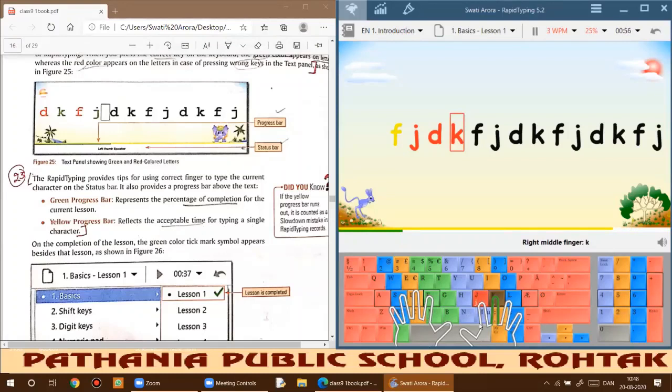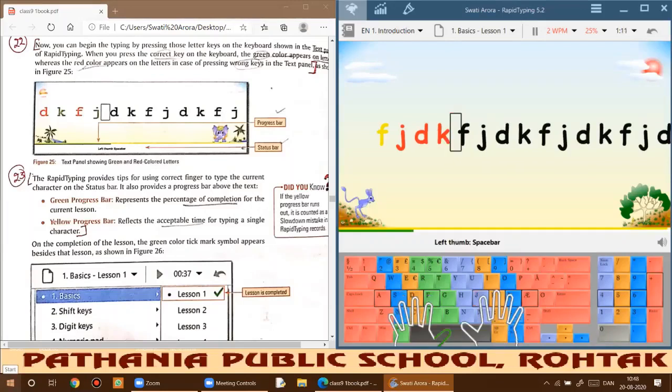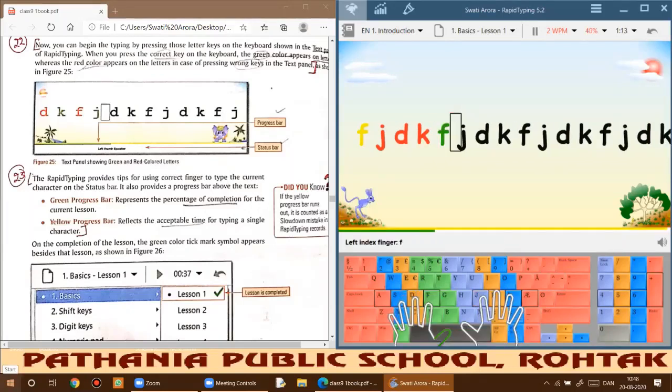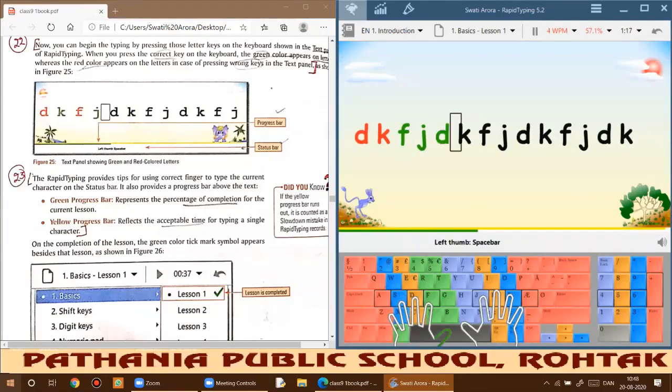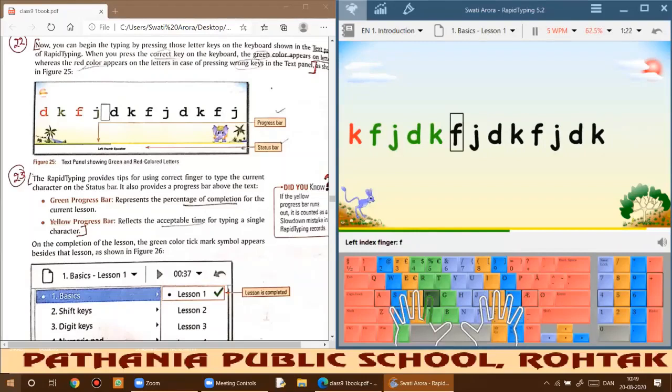Like I was supposed to click on K, but I am wasting my time, so the bar keeps going in reverse order. That shows that I'm wasting my time, and the time is decreasing step by step. So we need to minimize the time, and we can increase our speed just by utilizing the time properly. We need to focus on the screen only, because everything is visible on the screen.